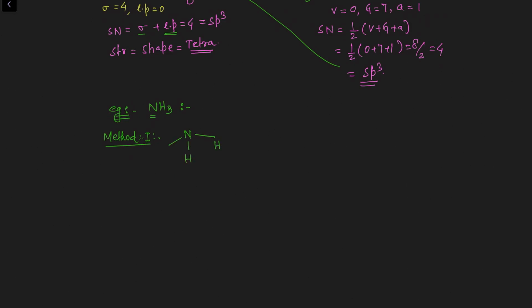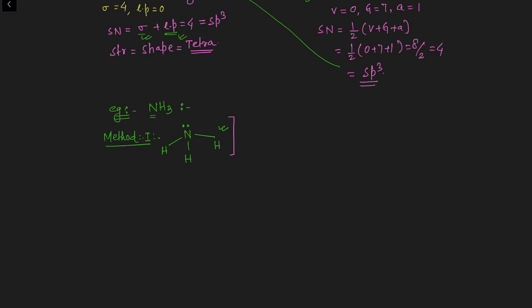Lewis dot structure means all the information, all the lone pairs and bond pairs on the central atom and the surrounding atoms must be visible. Otherwise, if you draw a partial Lewis dot structure, your information will be wrong. You will not get the exact idea about the lone pairs of electrons. Then the hybridization will be wrong, then the structure and shape will be wrong. So be careful with the Lewis dot structure. Why am I not going to explain it? Because you already know the Lewis dot structure from your school 9th to 10th class, right? So this is only school part. If you are preparing for the NEET exam seriously, I hope your brain is retaining all the school concepts.